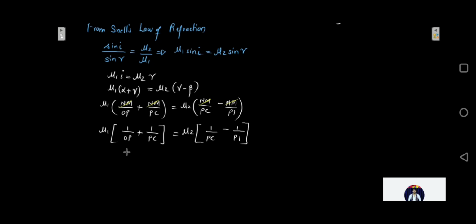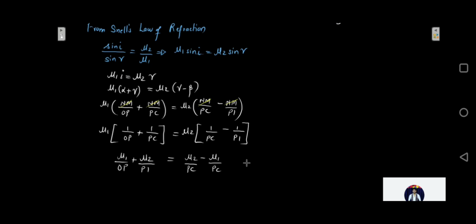So what I will do in the next step is I will take the PC term on one side, and I'll get this PI on the other side. Okay, before that let's multiply mu1 inside, mu2 also inside and rearrange the terms. So what we are going to get over here is mu1 upon OP. This PI I'll get on the other side multiplied with mu2, so it will become plus mu2 upon PI is equal to this mu2 upon PC is already over here, minus mu1 upon PC would come on the other side,